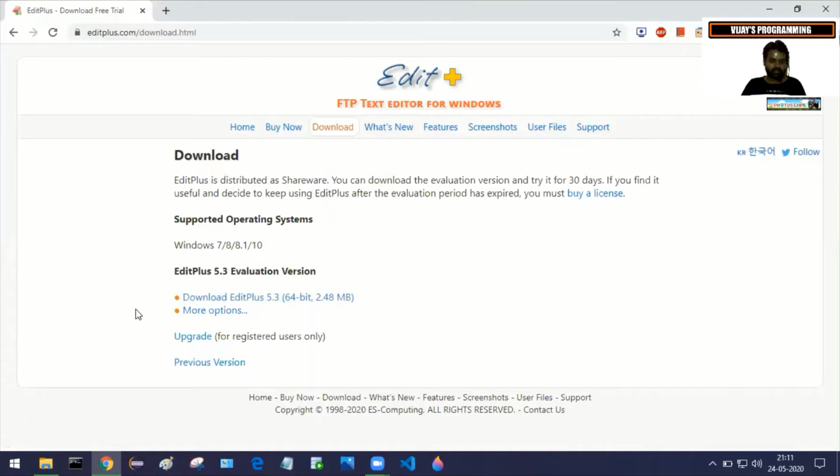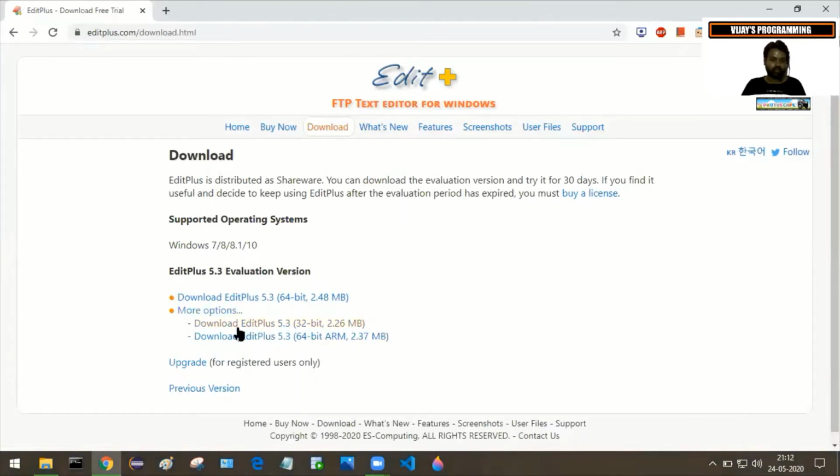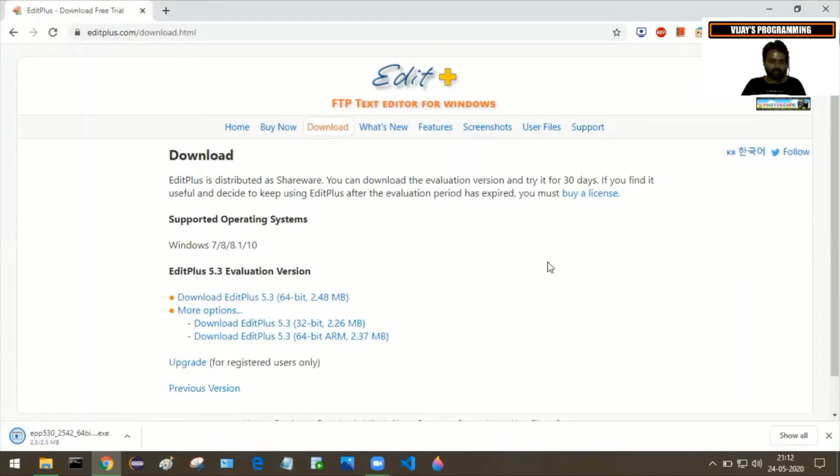If your system is 32-bit, you just need to click on this more options and you can click on this first option, that is for 32-bit system architecture. So I'm just clicking on this very first link. It is a very simple program. It is about 2.5 MB. After download is finished, click on that downloaded file